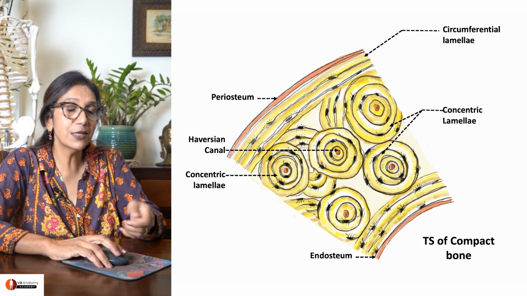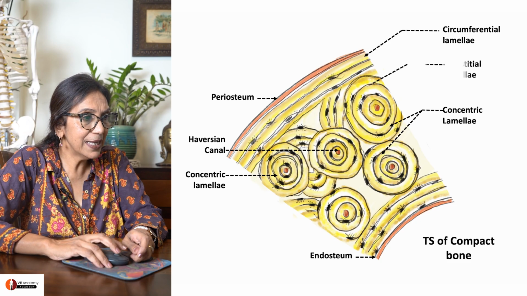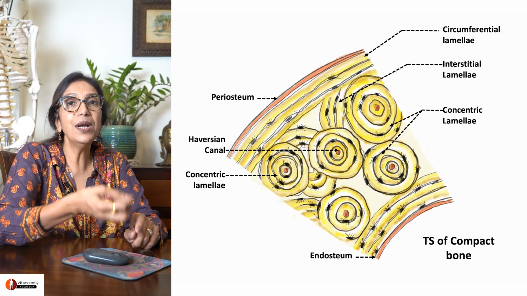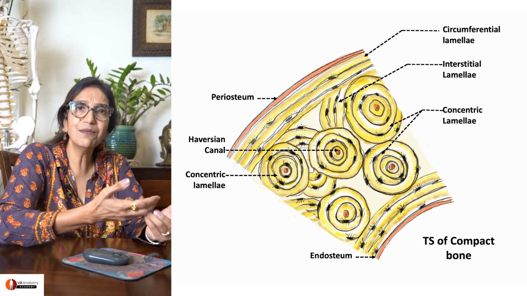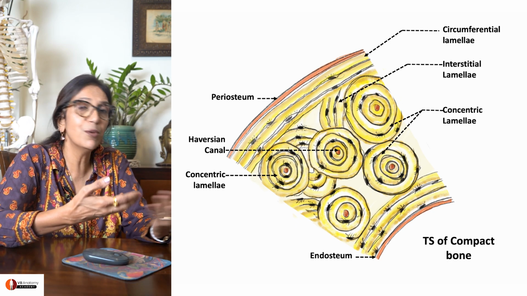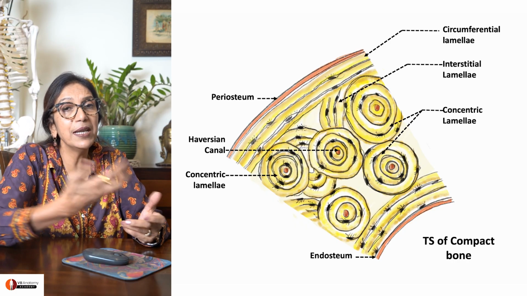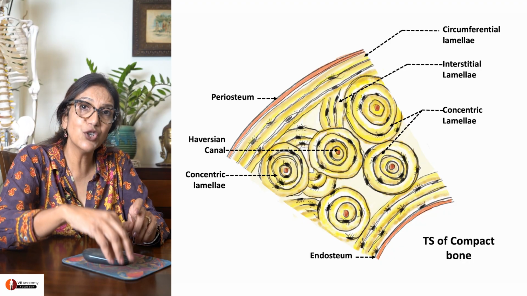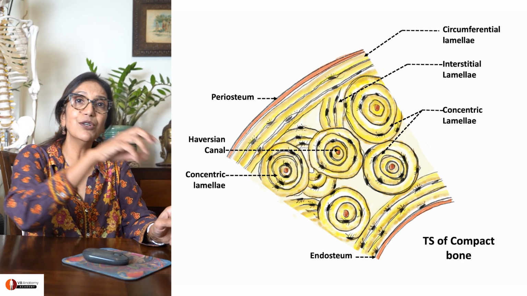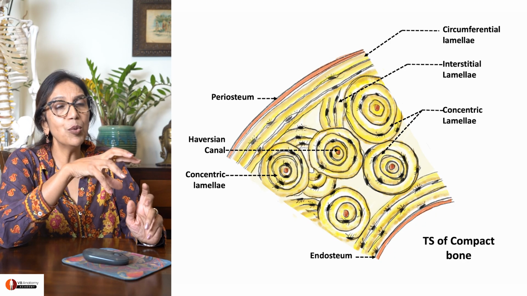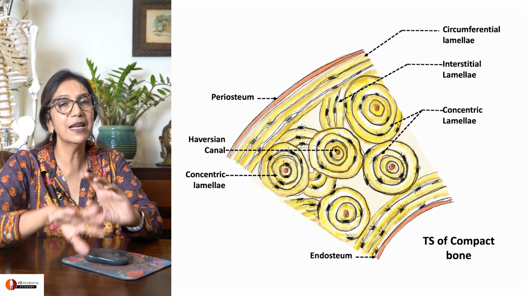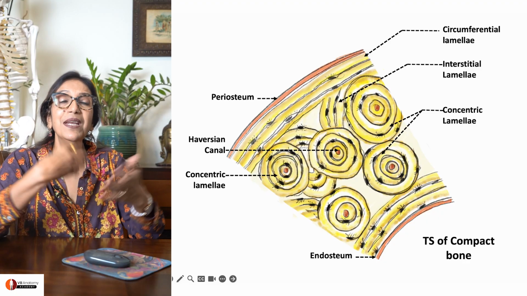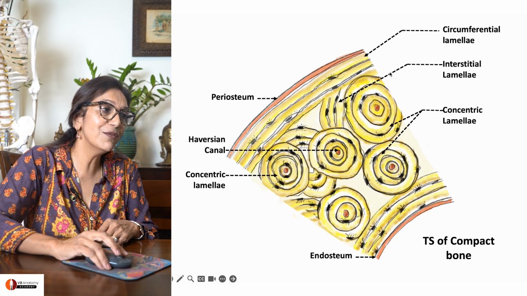You can see so many concentric lamellae in this image. But you will find that in between them, there are broken bits of Haversian systems called interstitial lamellae. What is this? Why are they broken? Why are they not arranged in the form of a Haversian canal and lamellae around it? Because we come back to the same point, that bone is constantly changing. So these were actually Haversian systems. But at some point, the body decides that I have to get rid of this and create new bone. So these are the ones that are getting resorbed, and new ones are being formed over here.